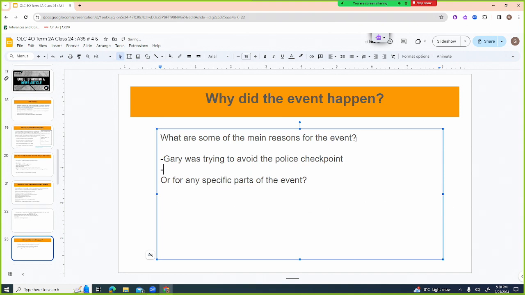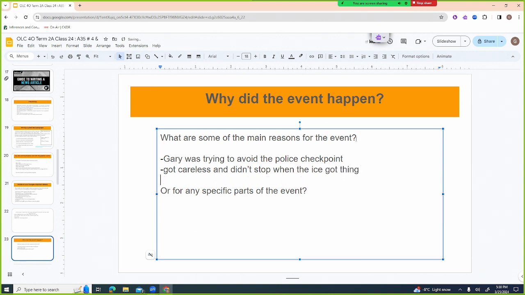And he got careless, right? And didn't stop when the ice got thin. Okay. Hang on. I think that probably covers it.